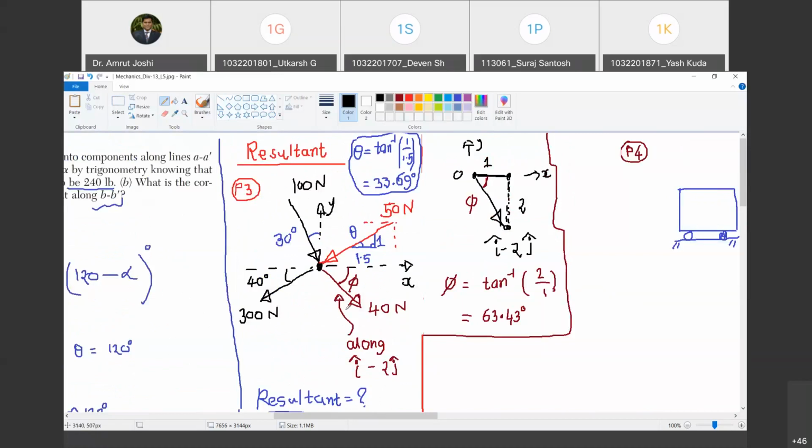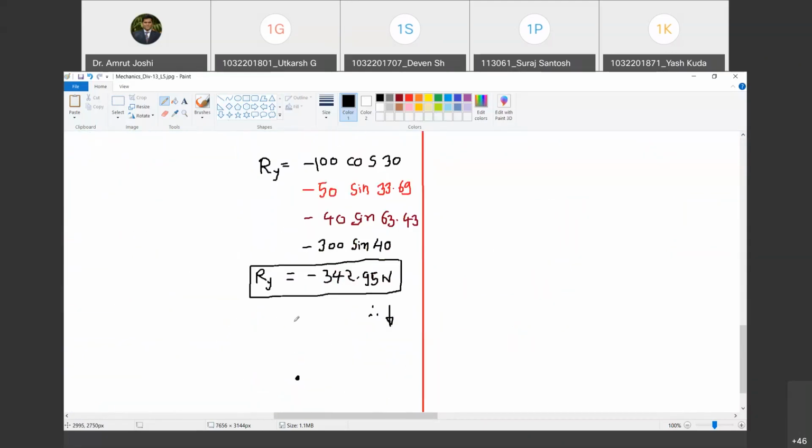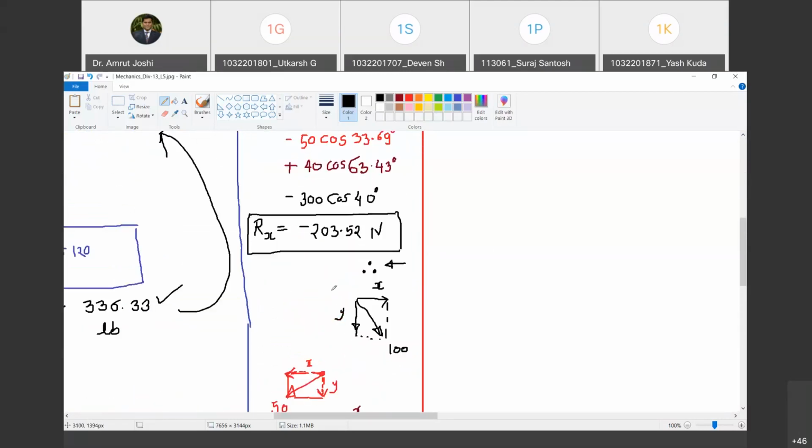If you remember, somebody had asked me the question: if the lines of action of all the forces pass through a single point, but we resolve them right at their points of application, that won't form a concurrent force system. Do you remember that question, Deven? Yes, sir. We will go back to that question a little later. Unnecessary, let us not confuse. So this is our Rx and Ry. Are you with me? Yes, sir.